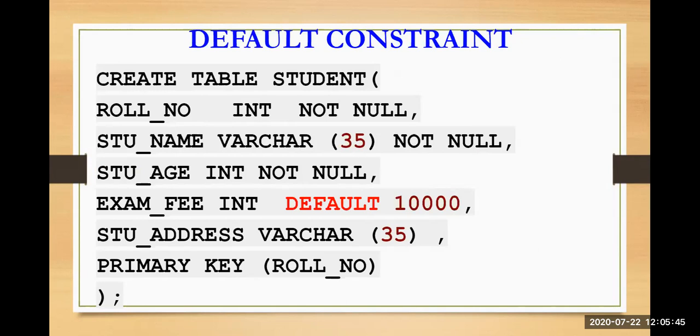Remember that. Here I have considered a student table where the exam fee is 10,000 for all the students. Then only my default constraint will work here. If it is different for different students or different streams, then this default cannot work. Even if you keep this value blank, you will not get an error message from the system, because you have already set the default value, that is 10,000. So that is your default constraint.